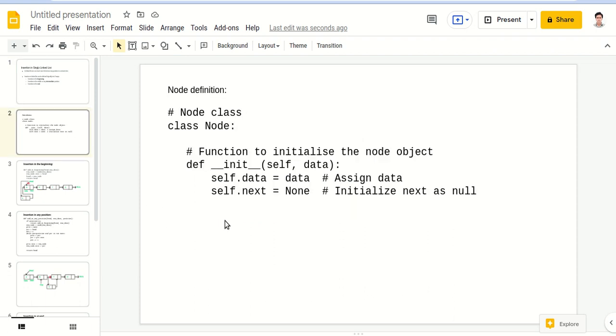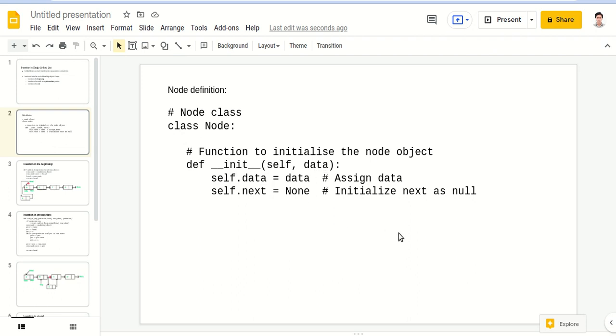First, let's see how we define the node. I am using Python. In Python, you can define a class, and I am initializing the class and passing the parameter data.